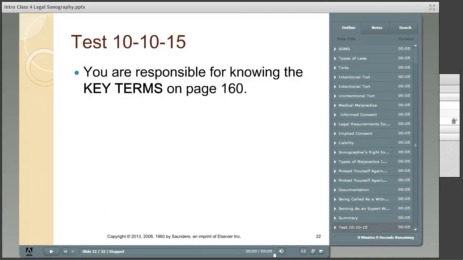Informed consent is a unique area of medical malpractice law. A patient has the right to prevent unauthorized contact to his or her person. The healthcare professional must disclose information that lets the patient make a knowledgeable decision about proposed procedures or treatments. This can be either written or spoken.